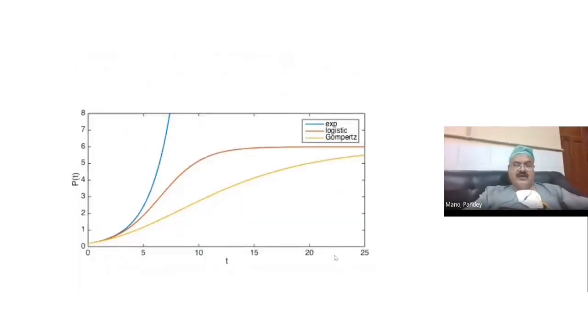If you have an exponential model, like the blue line, the cells will keep on increasing with time. If you have a logistic model, which is usually an S-shaped line, early in time the number of cells will increase until it reaches a plateau and then remain constant over a period of time. But in the Gompertzian curve,